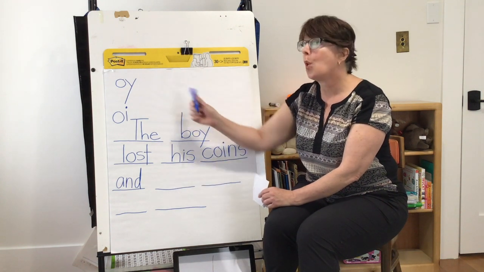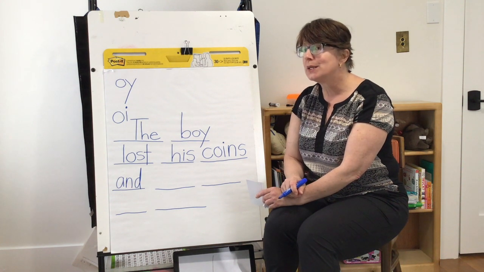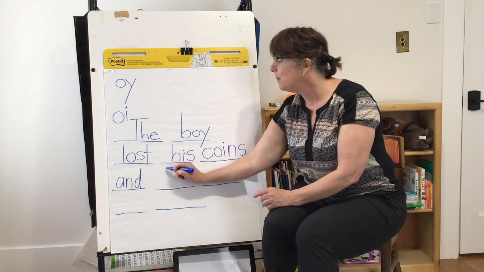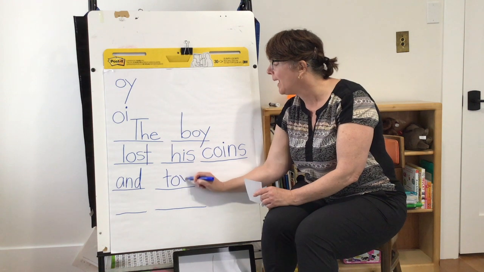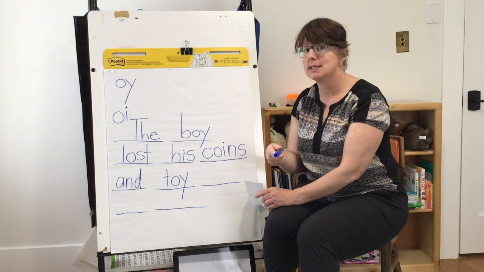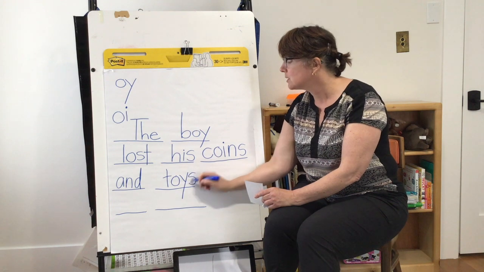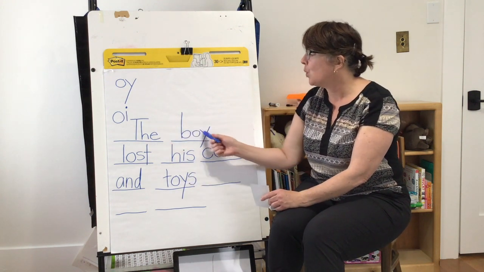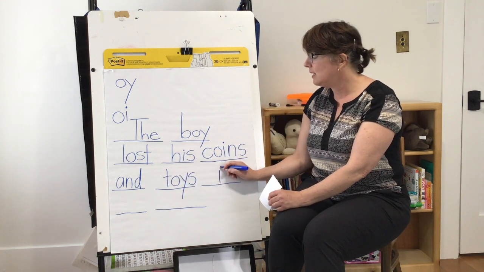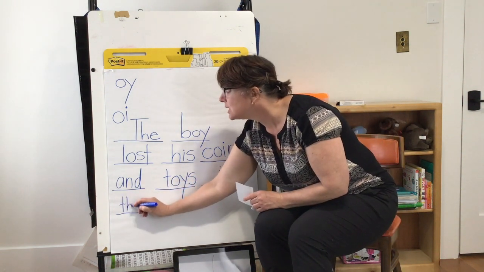toys. Oi. I hear oi in the middle, but I'm not going to let it trick me because I know toys begins with the word toy. So I'm going to use oi. Adding S on the end doesn't change the spelling of the root word. So we're going to just add the S. The boy lost his coins and toys in, easy, the, T-H-E spells the,